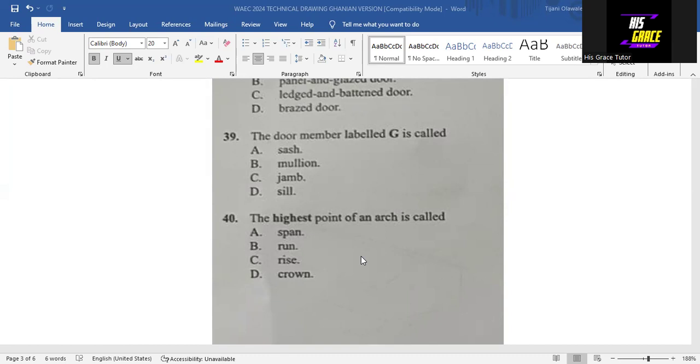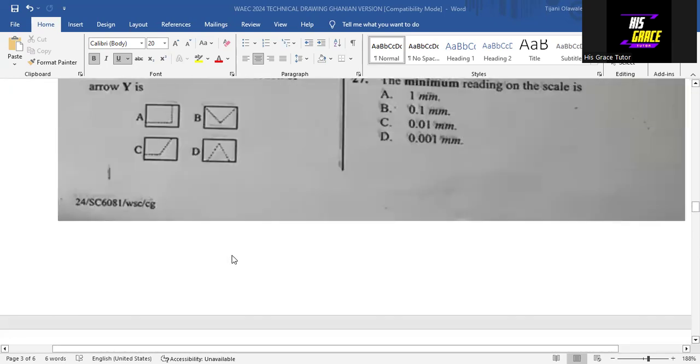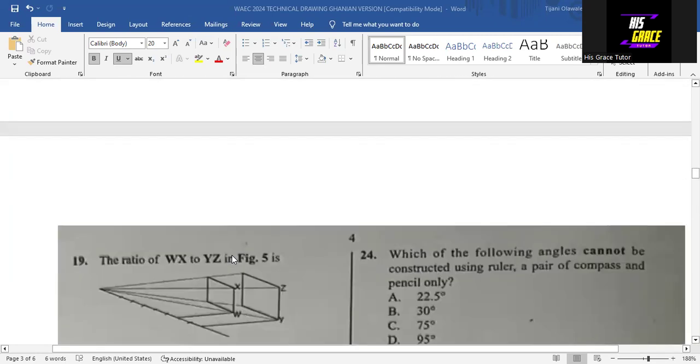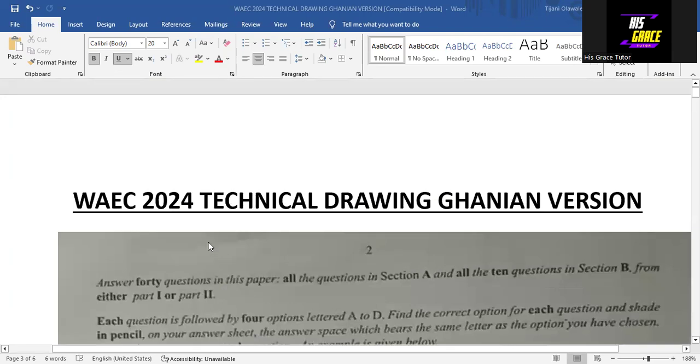So do not forget, we have these questions. WAEC questions that were written in Ghana today, and that is why I titled these questions WAEC 2024 Technical Drawing